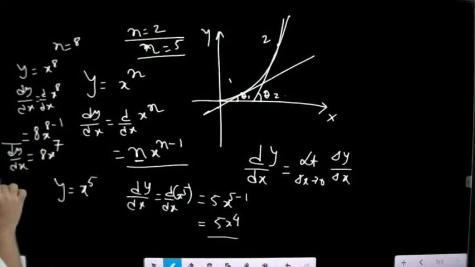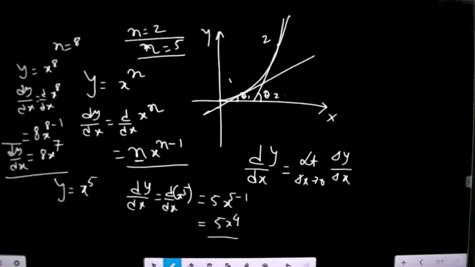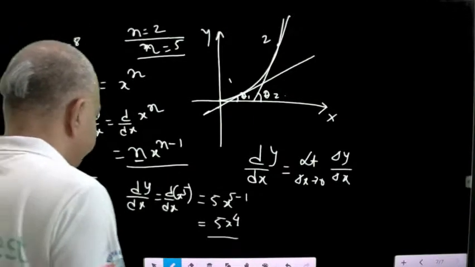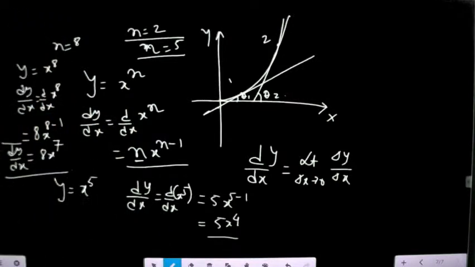I think you understand my point. Simple formula, very simple formula, no problem. Okay, so now this is the thing we can have. Fine, very good. Okay, now see, just we can observe that